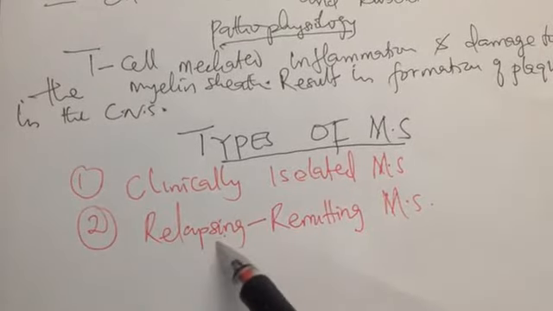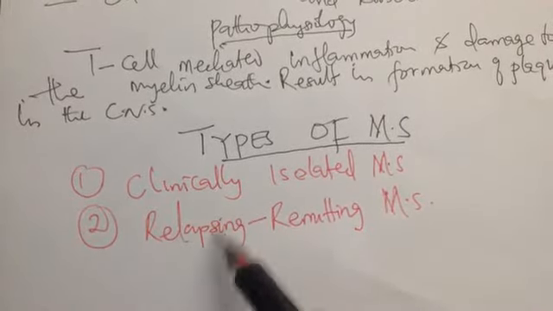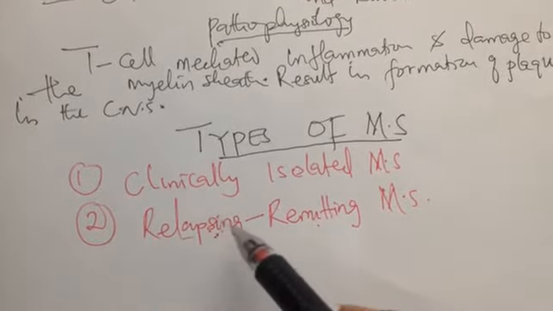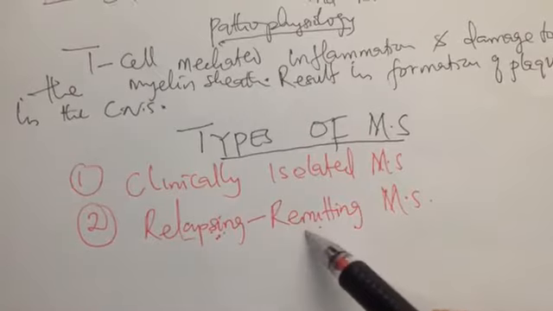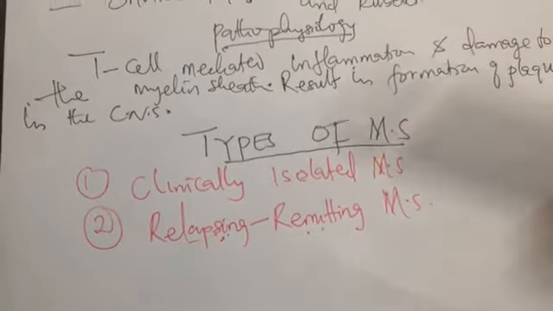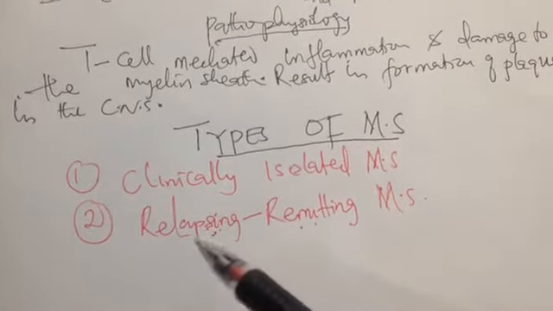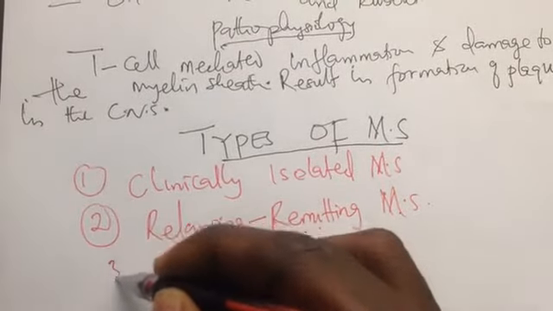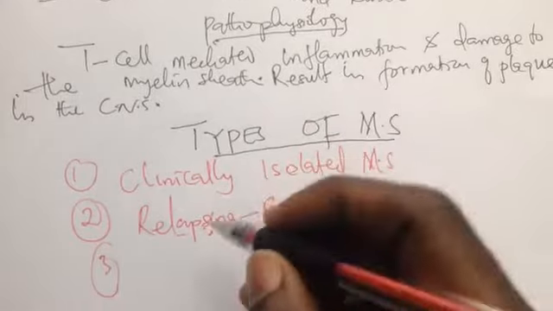It has a relapsing phase and then a remitting phase. In some period the symptoms will come back and then they will go away by themselves actually. After some period of time the symptoms occur again, right? So that is called relapsing remitting multiple sclerosis. While number three, we have primary progressive